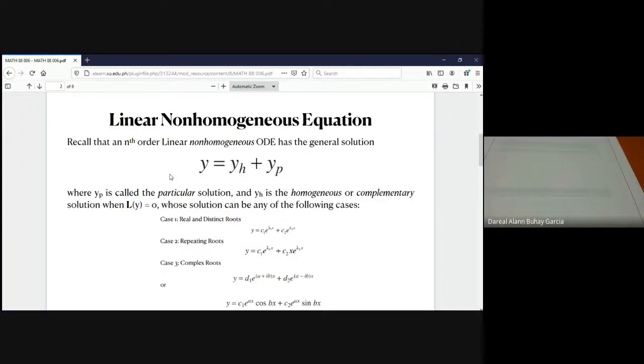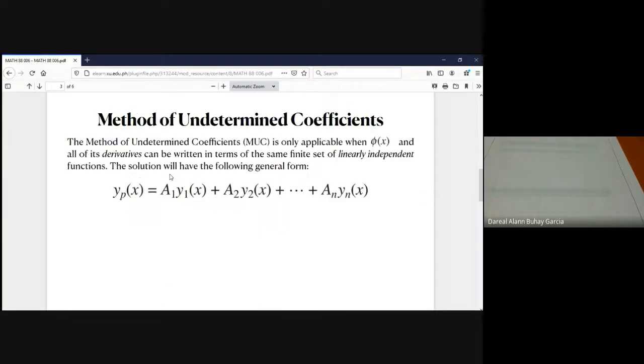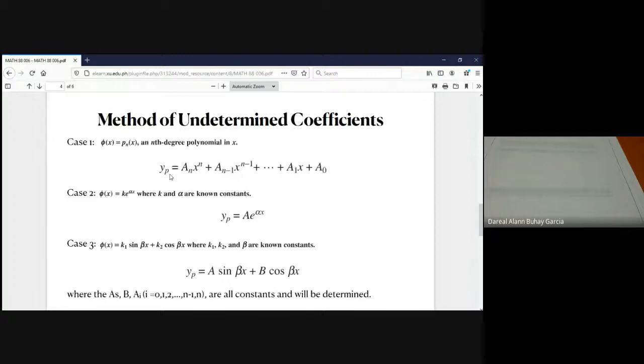So, we encountered how many meetings ago that a second order equation has two parts to its solution, which is the homogeneous part and the particular part of the solution, YH and YP. And the general solution is the sum of those two parts. And to solve for the particular solution using the method of undetermined coefficients,